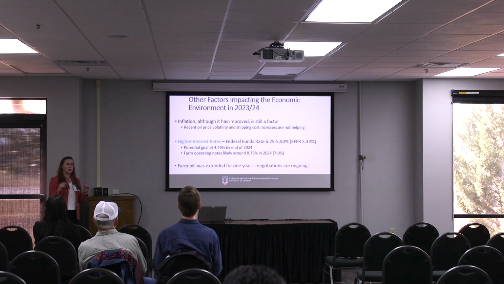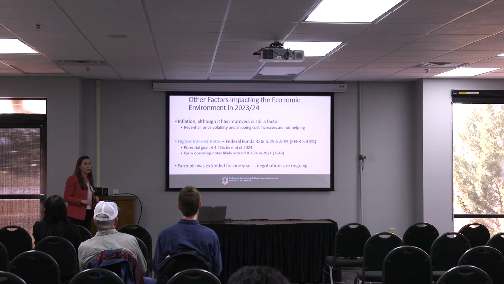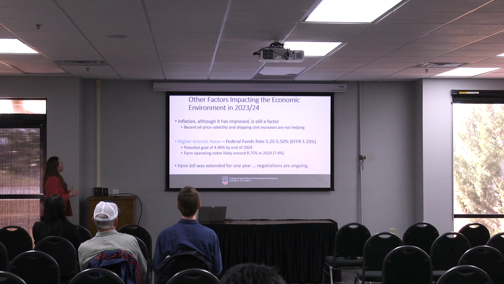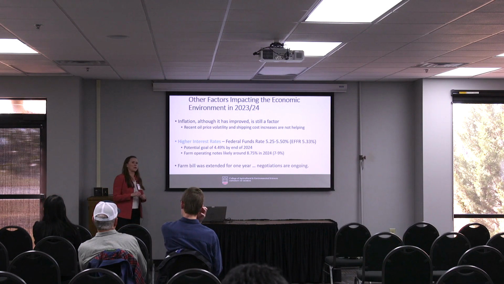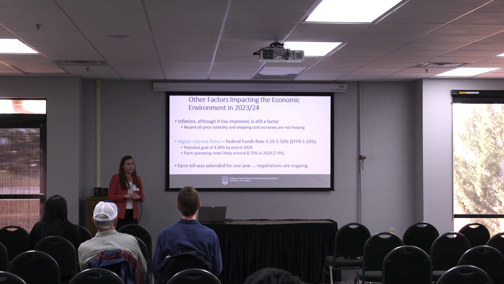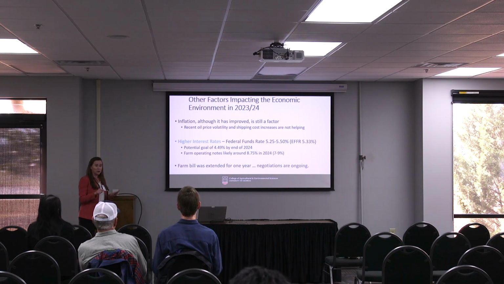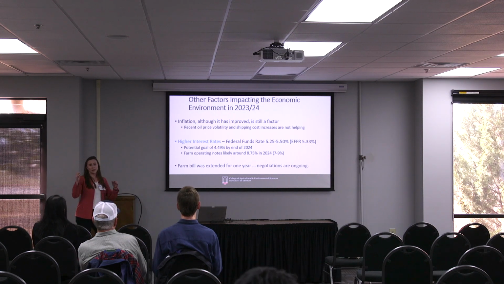The outlook is that maybe by the end of 2024, maybe quarter 3, quarter 4, the Fed might revise them down. They met today at 2 o'clock, and I didn't check to see if they decided to keep them steady, but I think their plan was to keep them steady. Okay, good. So, plan to keep them steady for now, maybe not so good if you're paying those interest expenses. The farm operating notes we're looking at averaging between 7 and 9%. So, you know, if they decide to make some cuts the latter part of 2024, it's not going to affect this operating year.